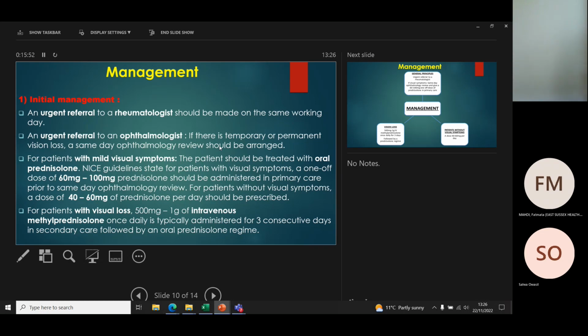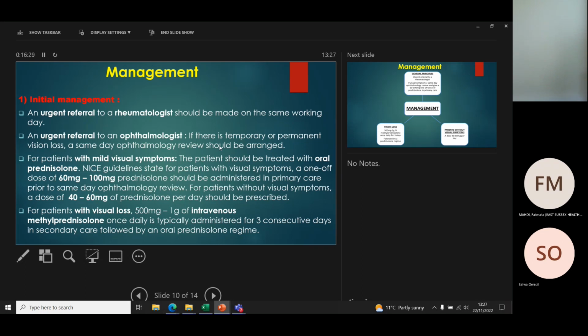But this should be in a case of visual disturbance. If it is associated with visual disturbance like visual reduction or blurred vision or partial loss of vision or complete loss of vision, at that time you have to refer the patient urgently within the same day to an ophthalmologist to check the back of the eye, or fundoscopy, for any signs of papilledema. Of course, the presence of papilledema, in addition to characteristic headache and high inflammatory markers, I think this is enough to make a diagnosis and start the treatment plan at that time.